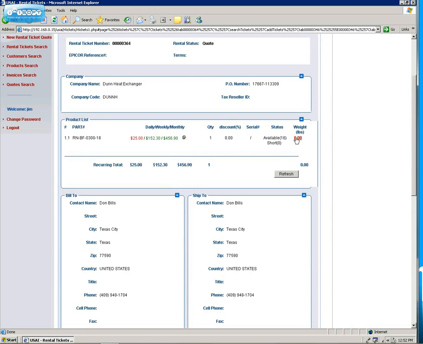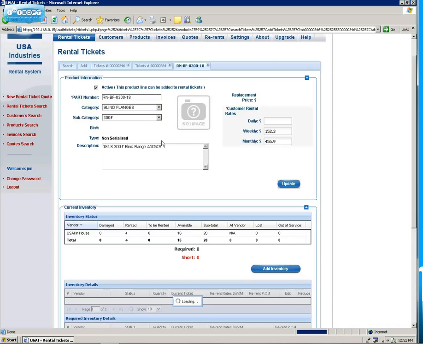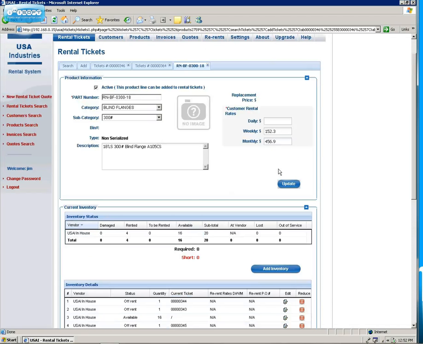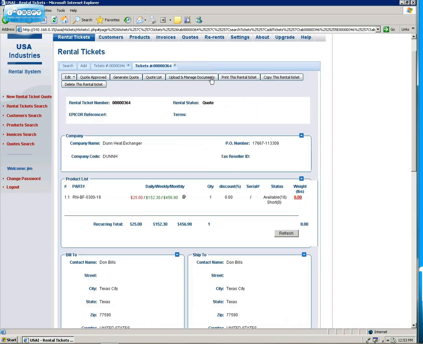Another feature I didn't explain here, and we'll talk about this a little bit later, is that I can drill down on this and it takes me right to the product ID, and I can create a weight for the product right here, which is missing at the moment. Didn't because of remote desktop, but then once I update it, I can go back, and